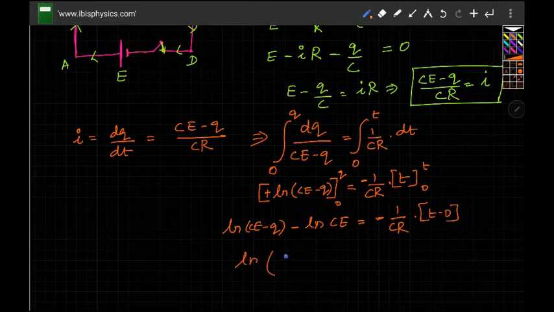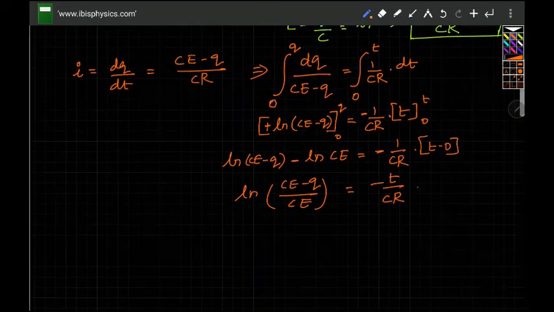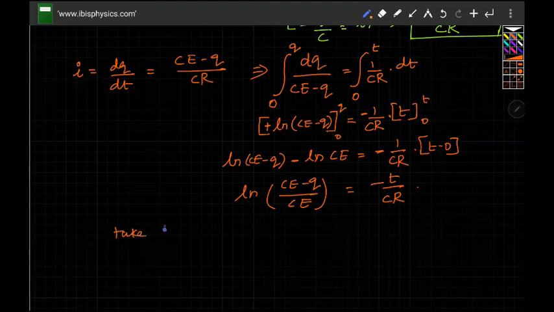So the natural logarithm of (CE minus q) by CE, because log a minus log b is log of a by b, equals minus t by CR. If you take the exponential on both the sides,